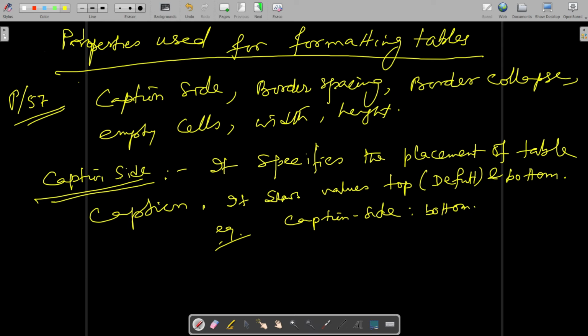Next comes border spacing. Now what is border spacing?